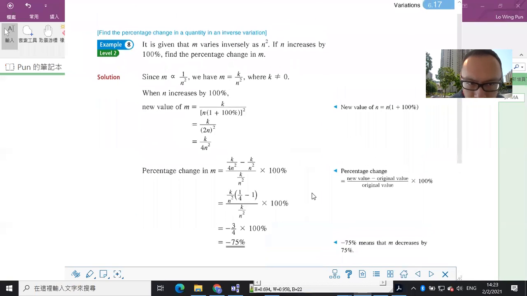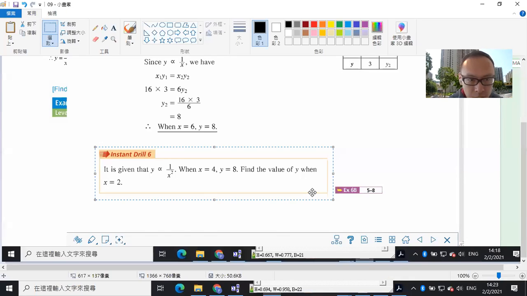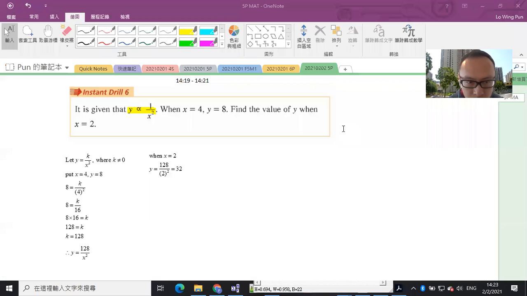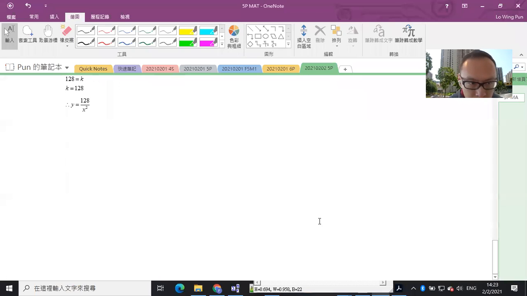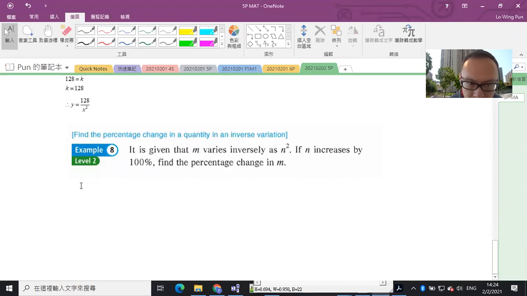Okay, so finally, let's go to example 8. That is the most troublesome type of question. It is about percentage change. But as what we have done in direct variation, we just follow the steps that we have learned in direct variation, and it will be okay. So example 8. It is given that